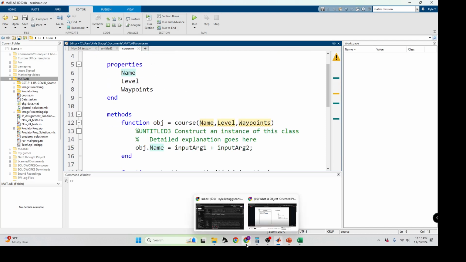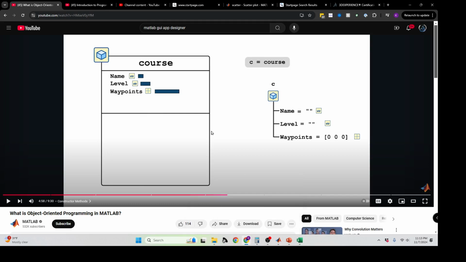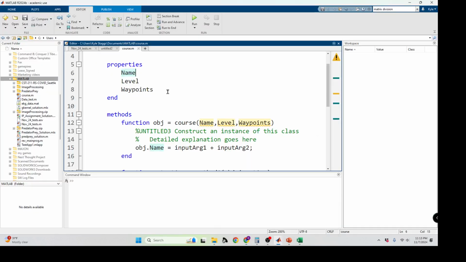So name, the nomenclature is, name is a string type, level is a string type, and waypoints are a series of 3 coordinates. So using a simplified starting point,